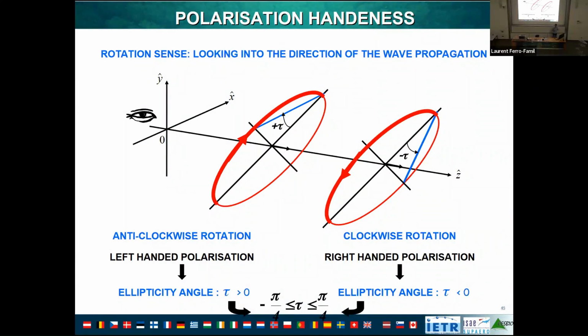There has been a convention established by the IEEE normalizing group, and they say that the sense of rotation is assigned to tau, to the value of tau, which you define. If you want to define in which sense a wave rotates, you just need to let the wave go. It propagates in this direction. You put yourself behind the wave. This is what is meant here with the eye. Now you have the eye on the left, so you are behind the wave. You look at it while it goes, and then